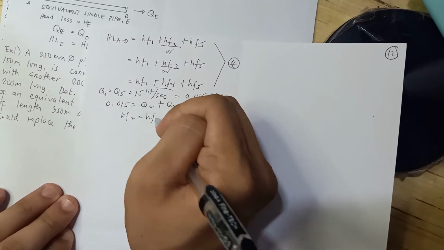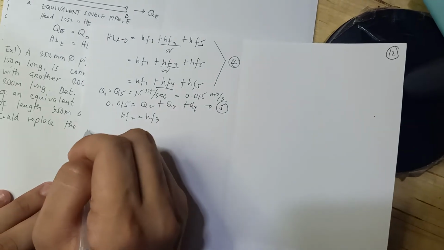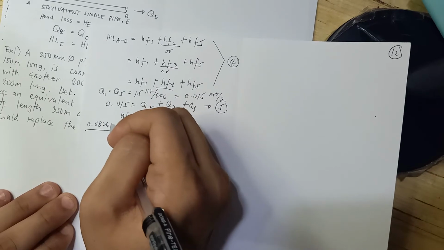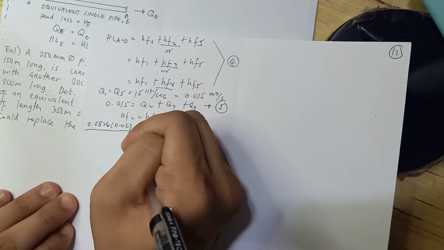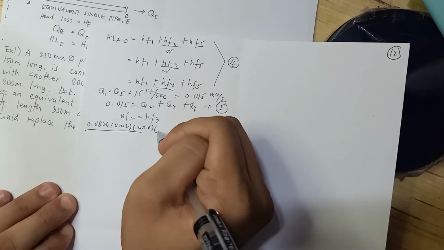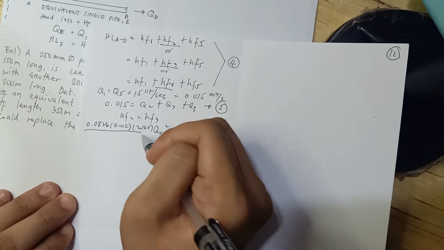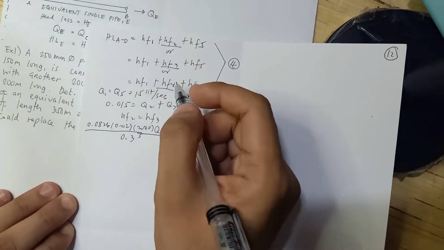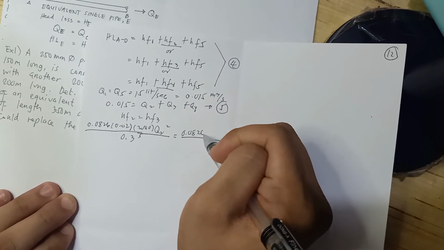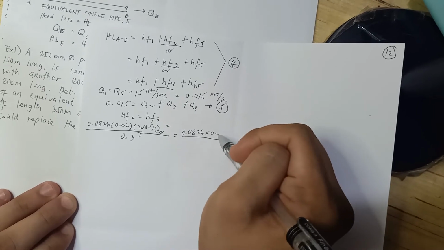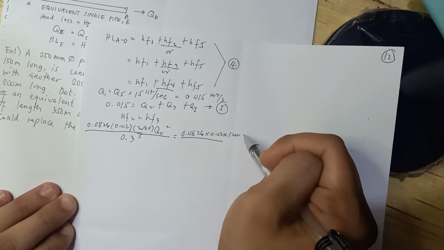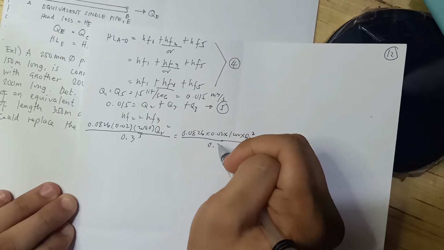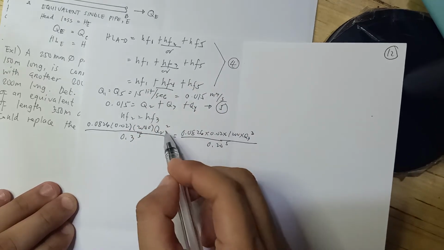HF2 equals HF3, 0.0826 times f 0.02 times length 2000 times Q sub 2 squared over 0.3 to the power 5 equals 0.0826 times 0.02 times 12 times Q3 to the power of 2 all over 0.20 to the power 5. So cross multiply,